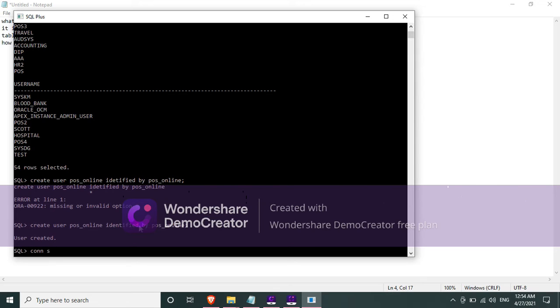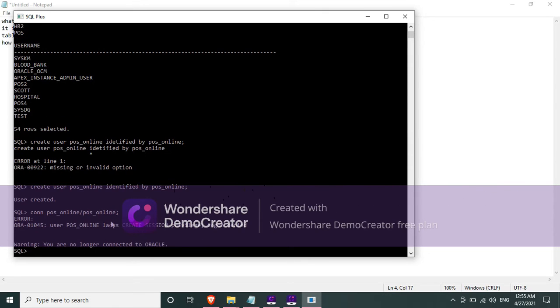Now if we connect this user POS_online, we cannot access it because it doesn't have the create session privilege. Some rights should be given to this user. Otherwise this user doesn't have any capability to connect to this system. In order to make it capable to log into the system, to log in to PL/SQL, to log into Oracle Apex,